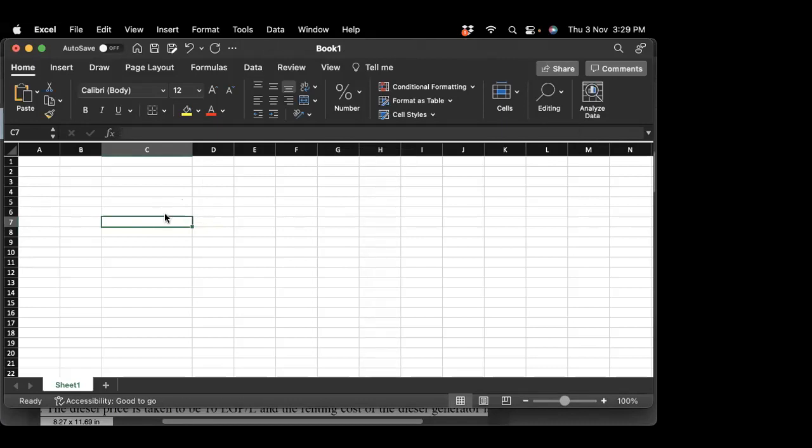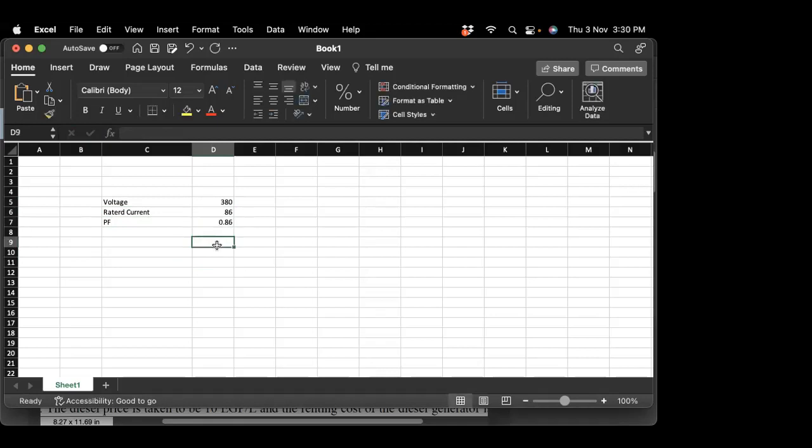Here, the voltage is 380. We have a rated current of 86. And we have a power factor of